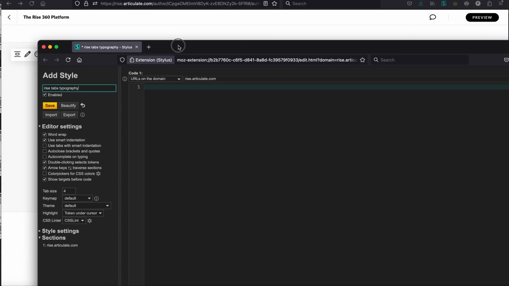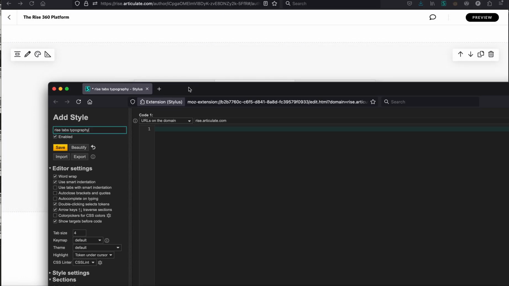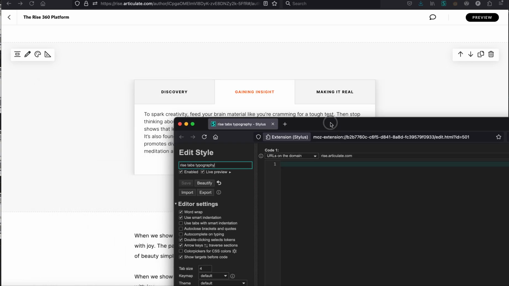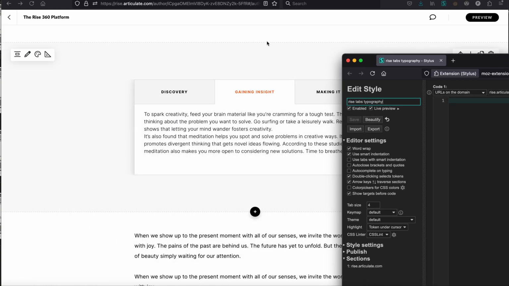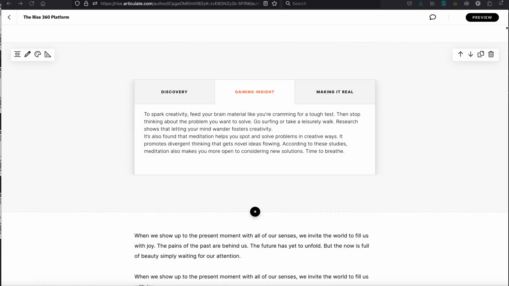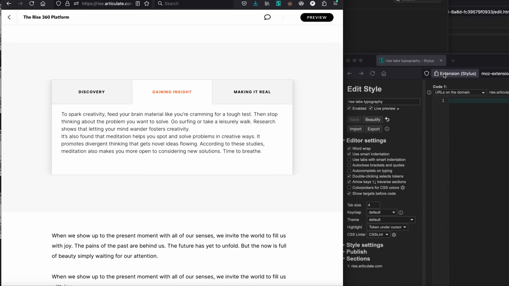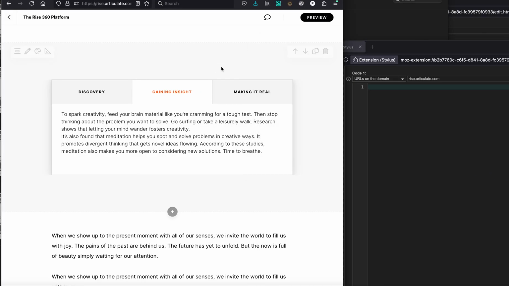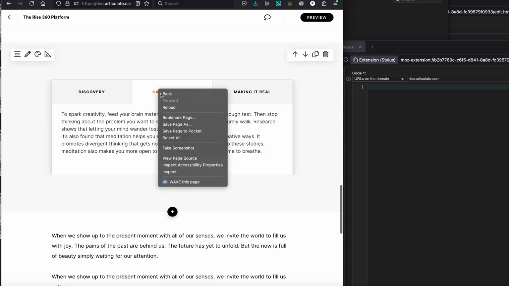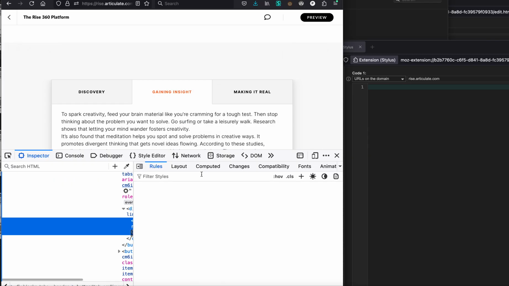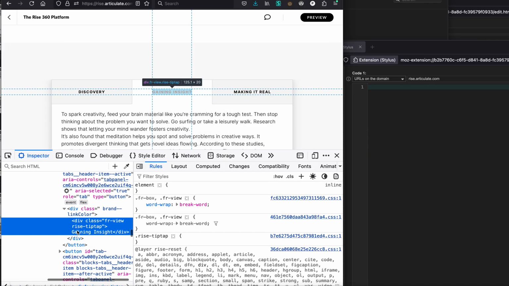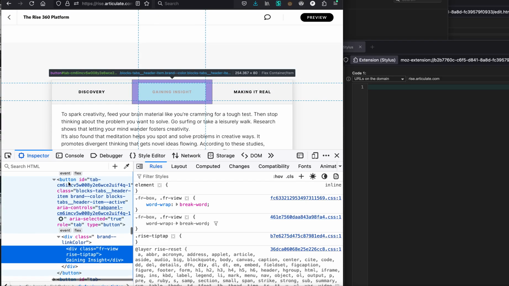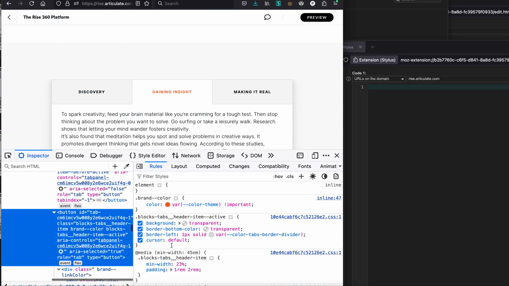You can call it fonts, but I'm so sophisticated, I'm going to call it typography. And it's going to apply to rise.articulate.com. Good. And if we do just a little debugging, let me go back into my browser developer tools. If I find the button element,